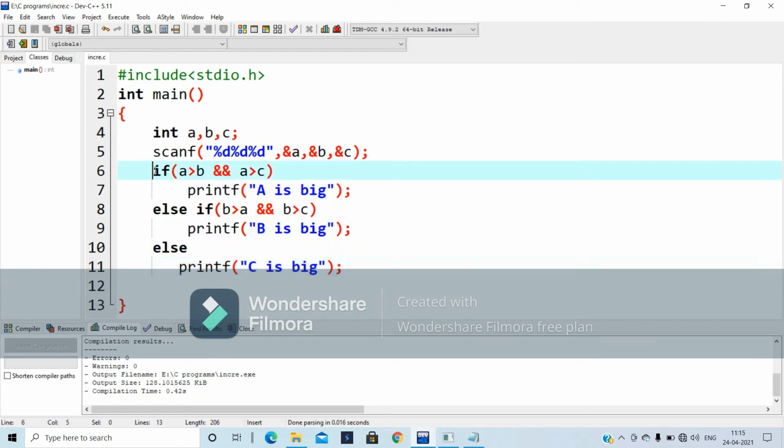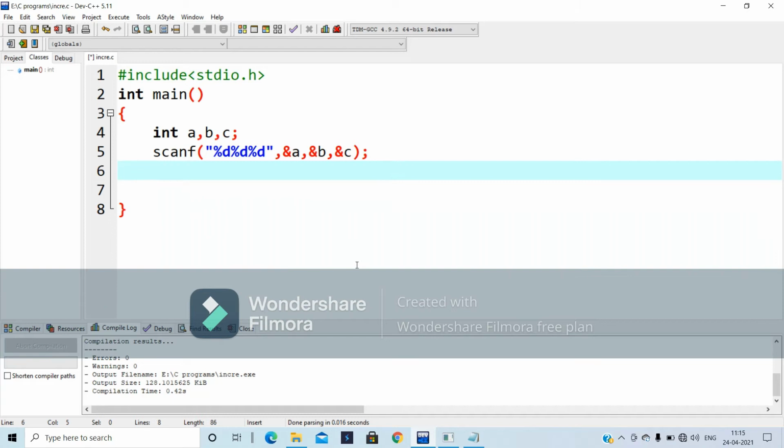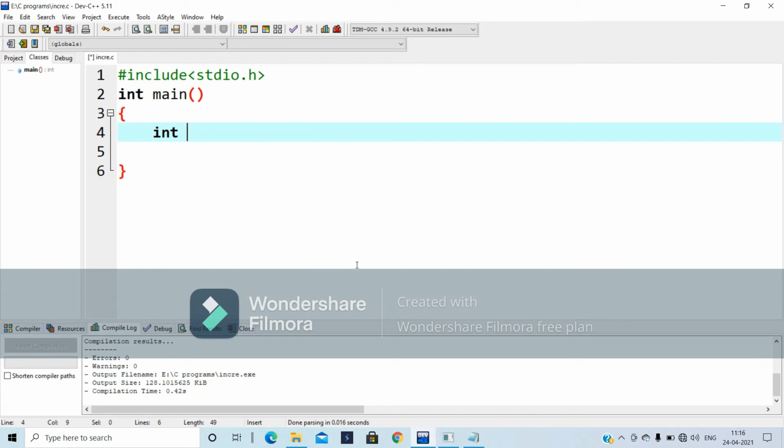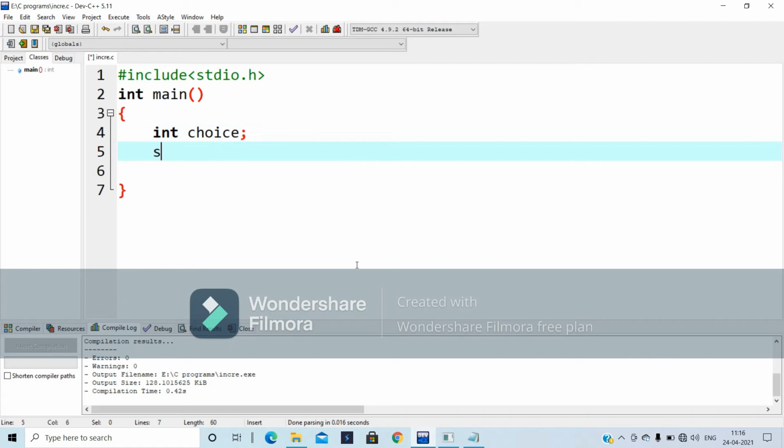And the next one is very important, the switch case. Yes, we are going to take one choice variable. int choice. Yes, you can scan. I'm going to print 1 for hi, \n 2 for hello, \n 3 for bye.